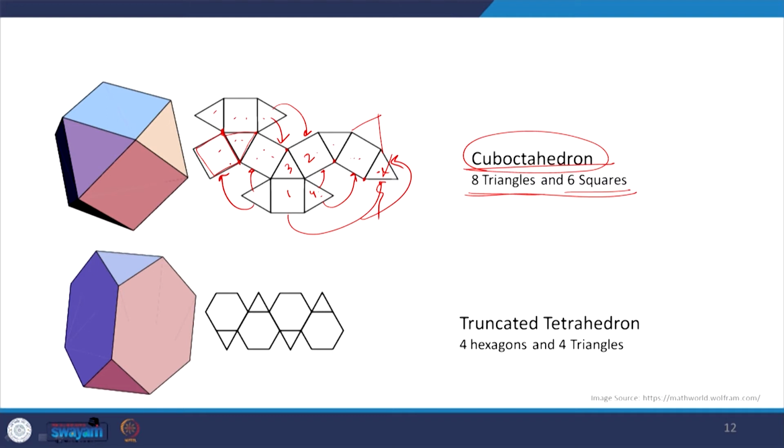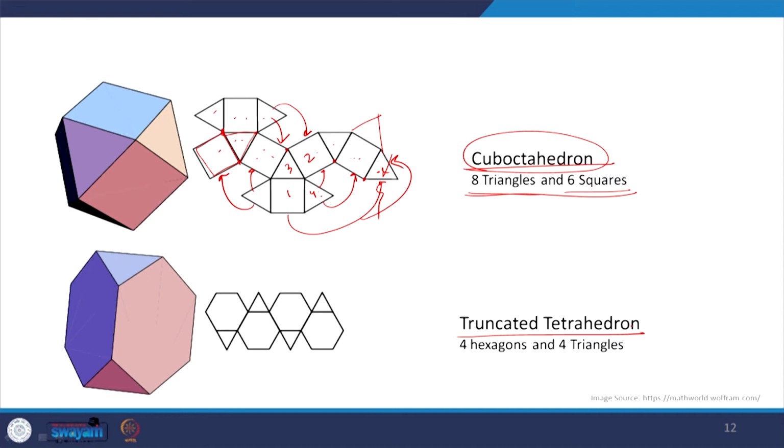So this is for cuboctahedron. Then we have a truncated tetrahedron. What is a truncated tetrahedron? You remember the tetrahedron? It has 4 triangular surfaces. Now if I chop off each of the pointed edges of the tetrahedron, I will get a